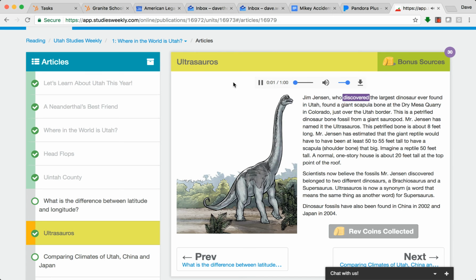Jim Jensen, who discovered the largest dinosaur ever found in Utah, found a giant scapular bone at the Dry Mesa